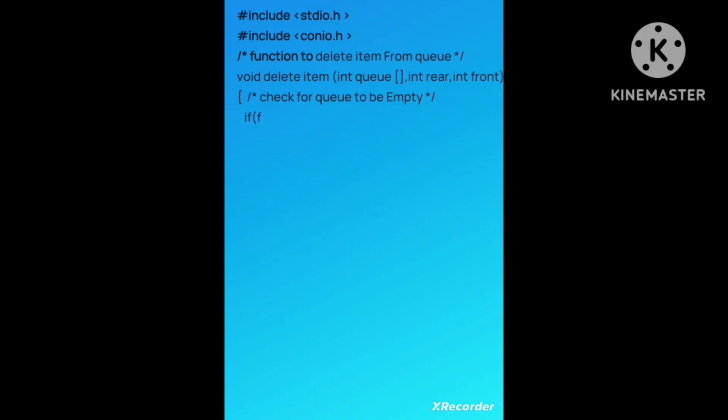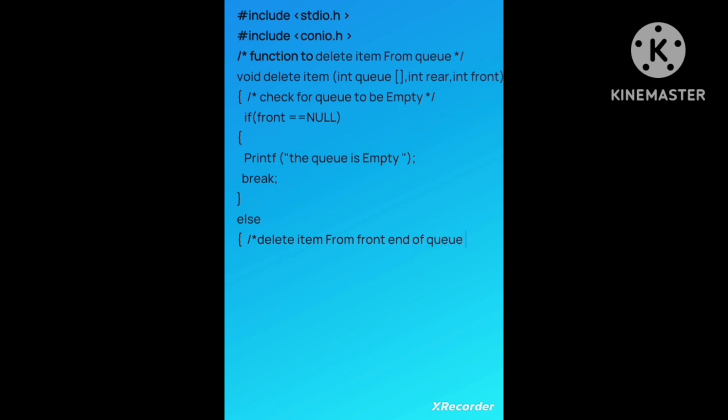In this we have defined a function called delete item as a void function, and here we first check whether the queue is empty. For that we are using an if statement, and we check the condition of front being null. Then we simply print that the queue is empty and break the if. Else, if our queue has items present in it and we have to delete from it, we come to the else part.